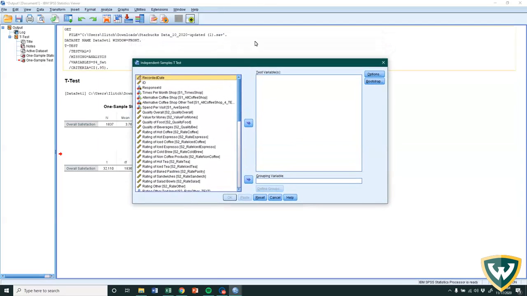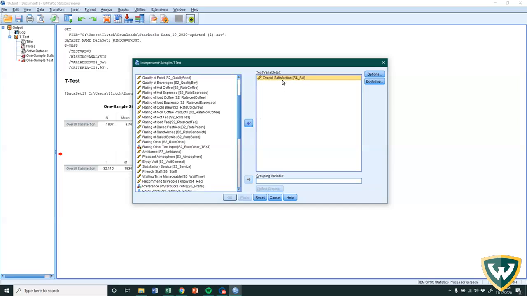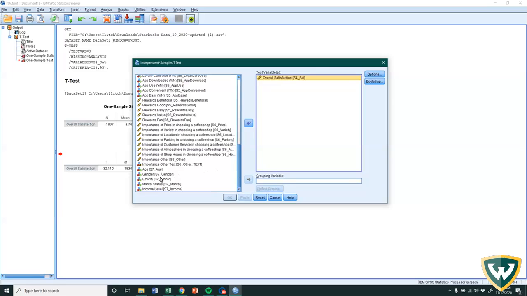In this new window that opens up on your screen, you will put your test variables in this test variable box. So I am interested in seeing whether customer satisfaction differs between female respondents and male respondents. So in this test, I'm going to put the overall satisfaction variable into the test variables box over here. And then my grouping variable is going to be gender,